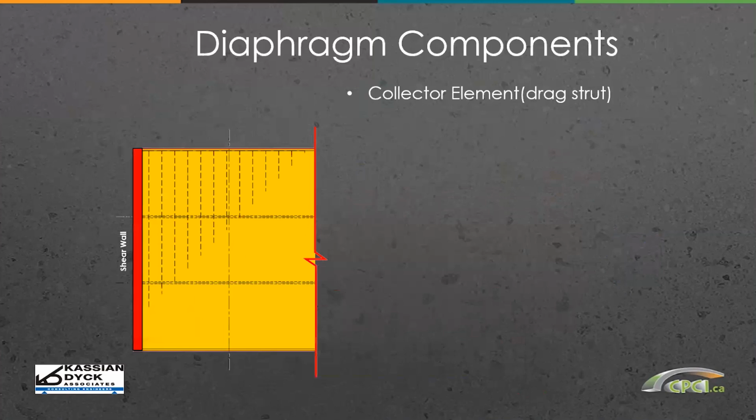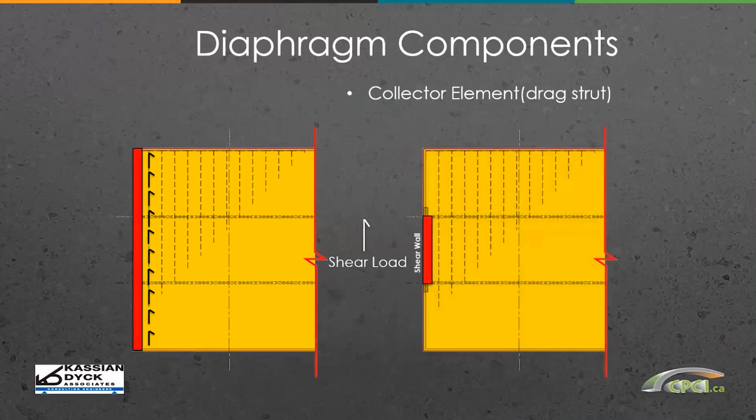So in this case, we have a building with a long shear wall completely connected to the diaphragm. So with our shear load, we can have nice connections all the way along the shear wall, connecting the diaphragm to the shear wall directly. In this case, we now have a shear wall only being a partial length of the diaphragm. So we're going to have to look at how load from that diaphragm is going to get into that smaller